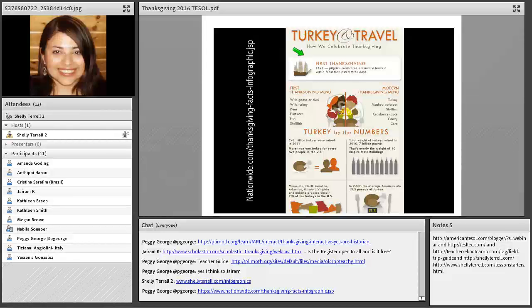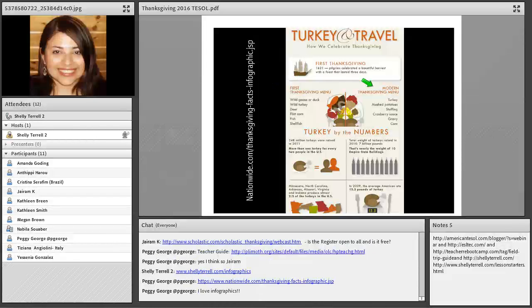And then they have the top, it talks about what was the first Thanksgiving menu like, and now what is a modern Thanksgiving menu. What you can do is you can have your students compare whatever big holiday they have, what is a huge meal that they have, and what is served during that meal. And if you teach language learners and you are in the US or Canada where they